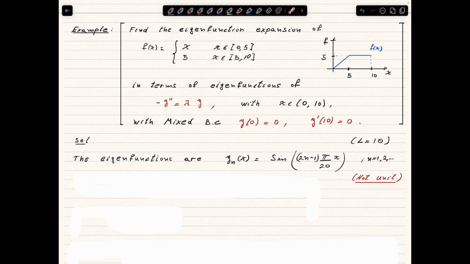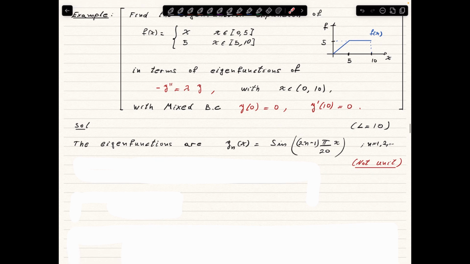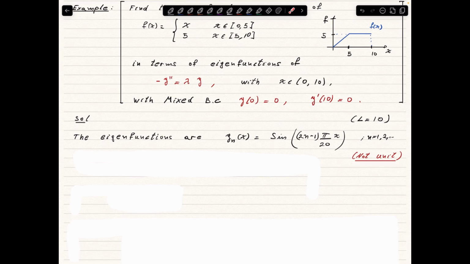So 20. These eigenfunctions are not unit, like we did in the previous example. Let's work with these eigenfunctions first, and then we do the calculation with the unit eigenfunction to compare. Okay, so what we need to do is find the expansion of this function in terms of these